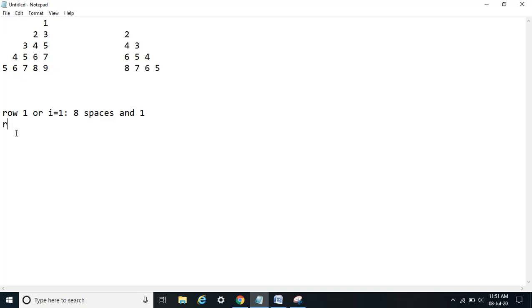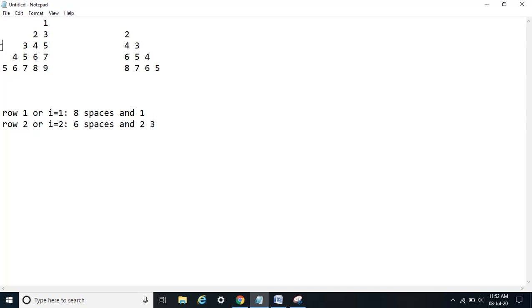Now for row 2, or I equals 2, what do we have? 1, 2, 3, 4, 5, 6. 6 spaces and after that 2 and 3.